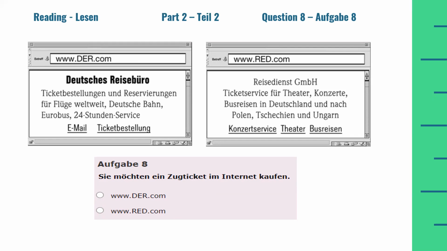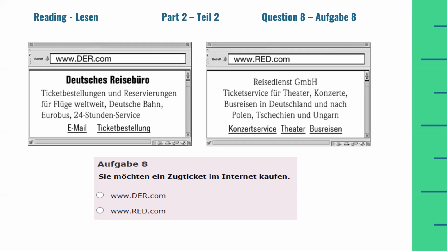So here we have given two different options. Let's first read the content of the left hand side. Ticketbestellungen und Reservierungen für Flüge weltweit, Deutsche Bahn, Eurobus, 24-Stunden-Service, E-Mail-Ticketbestellungen. On the right hand side, we have Reisedienst GmbH, Ticket Service für Theater, Konzerte, Busreisen in Deutschland und nach